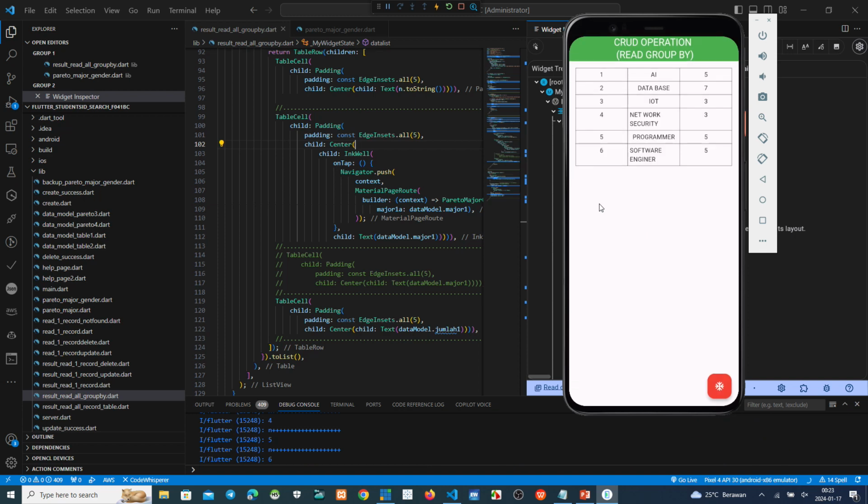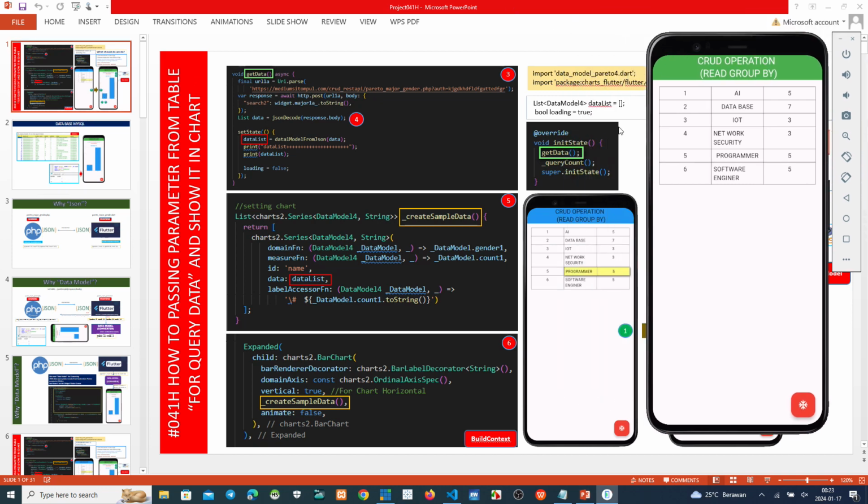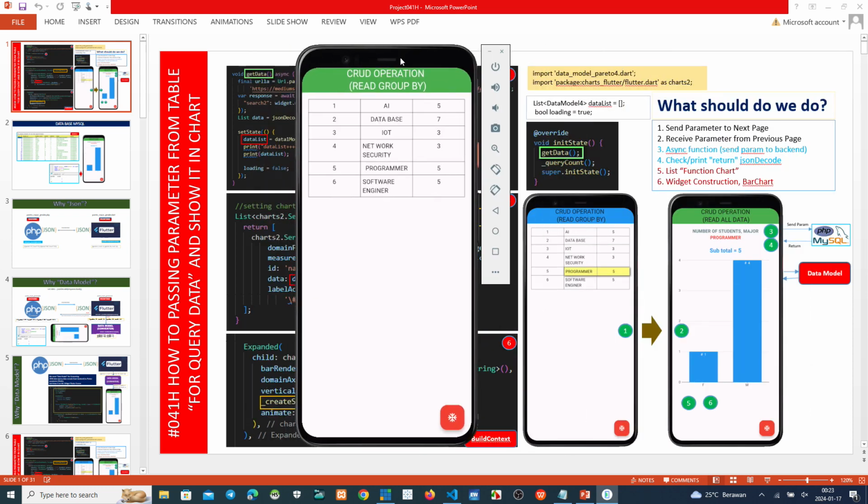Now if we click here, like on this material PowerPoint, we click PowerPoint, the parameter will be sent to the next page, query the data, and show the result in a bar chart.